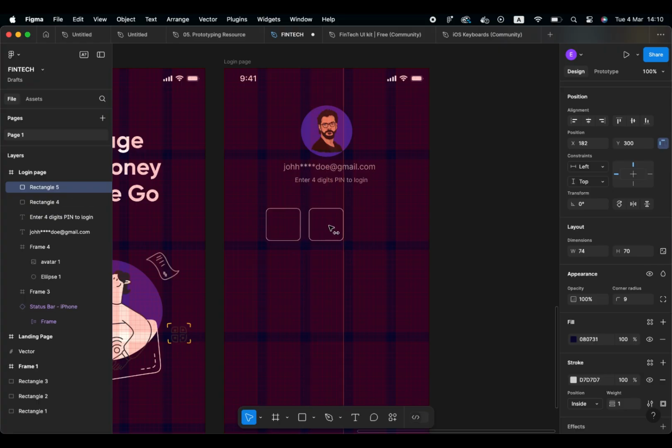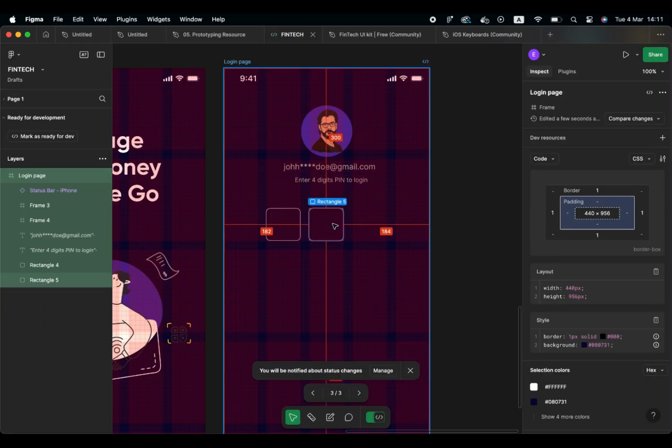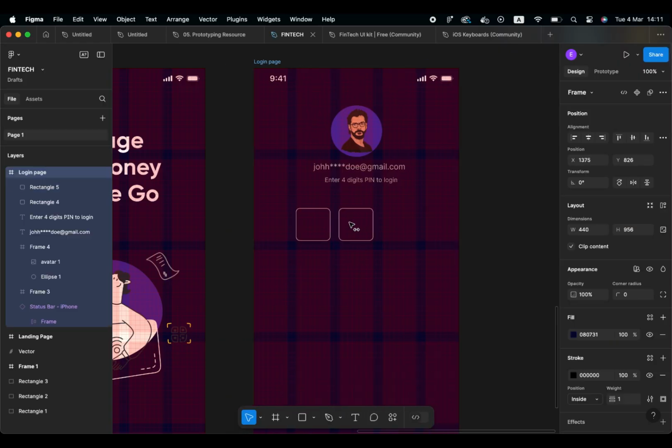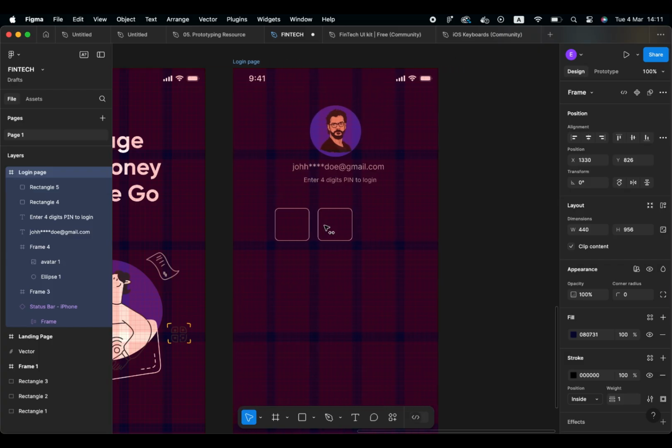So for you to duplicate, you're gonna press Control D on your Windows and Command D on the Mac. You understand? Now the Command D is going to duplicate that particular layer for you. So, for some reason, my Figma was going into code mode. I really don't know why it was doing that, but let's proceed. So, after I have duplicated both columns,